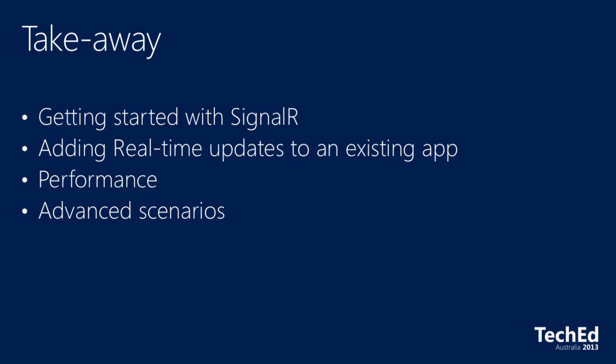Takeaways. So what can you take away? How to get started with SignalR. I think we've smashed that. Adding SignalR real-time updates to an existing application. I wrote an application without any knowledge of SignalR, and then I added SignalR in later. Of course, I've used client-side messaging, but as long as you're okay with that little bit of separation and structure in the apps to raise those interesting events, you can extend the app in a way that makes sense. And I think we should be writing web apps that way anyway, right? With the separation of concerns.